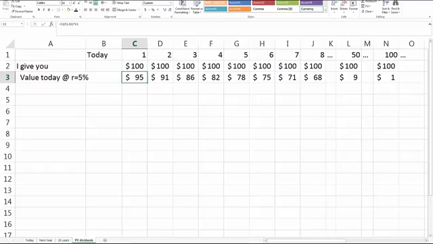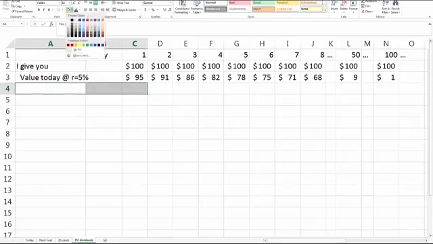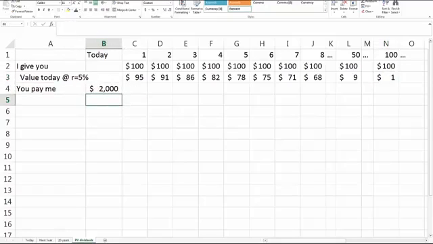And as you see, as it gets more and more years out, like 50 or 100 years, it's not worth that much to get $100 100 years from now. It's only worth about $1 today. And so what you'd be willing to pay me is basically the present value of that at this discount rate